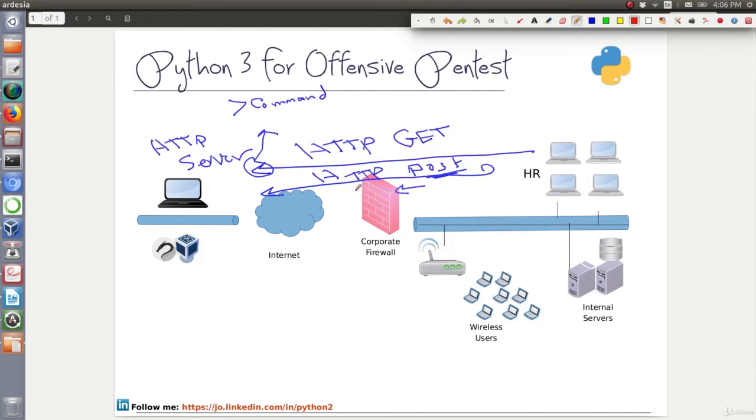Now, to ensure the continuity of our shell, we will sleep for 3 seconds, and then repeat the whole process all over again in an infinite loop. So after 3 seconds, the client will also create an HTTP GET, waiting for the Kali or the user to